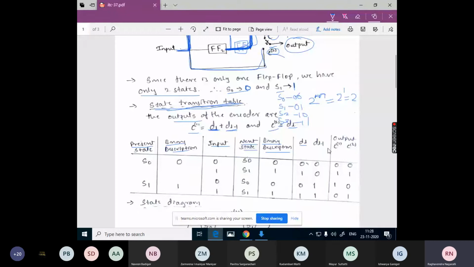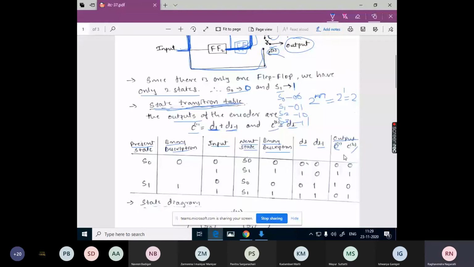DL is the present input, DL minus 1 is the previous input, and because of these, what will be the output, C1 and C2. These are the things we need to write always for any given encoder, for any given problem.